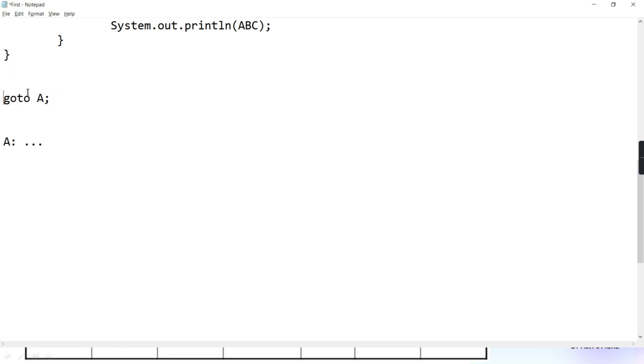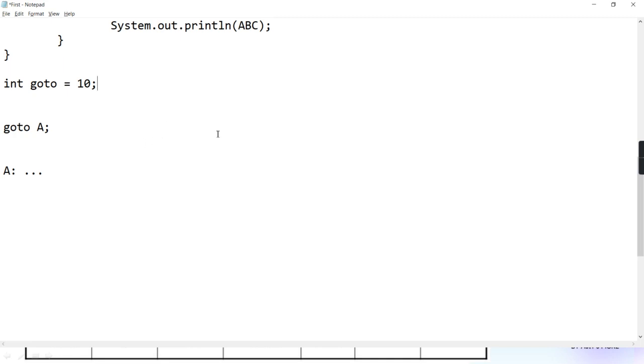You understanding? What Java is saying is, you cannot use goto for the goto purpose. What is the purpose of that goto? Transfer somewhere. You cannot use it for that. But you may say, if it is not used, can I use it for some variable, like int goto equal to 10?